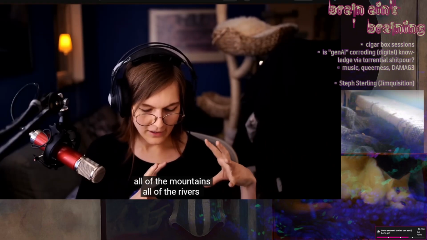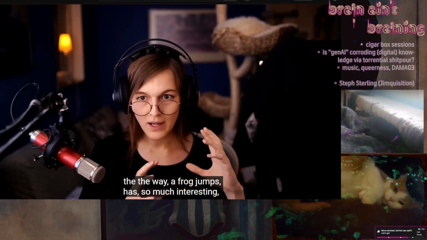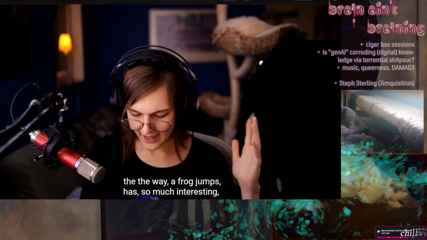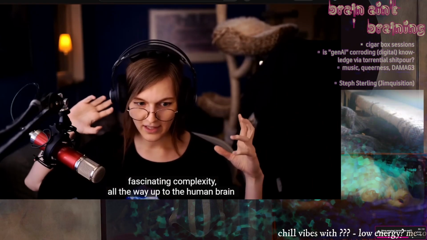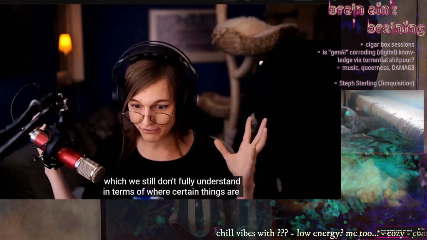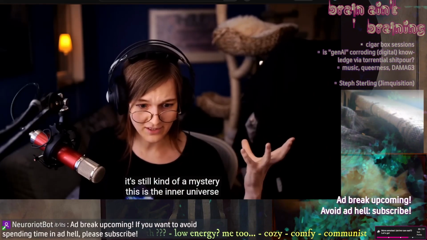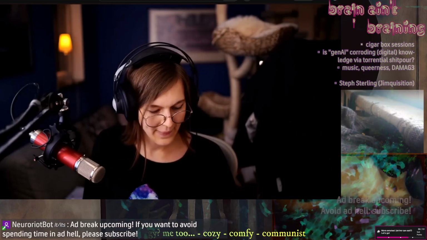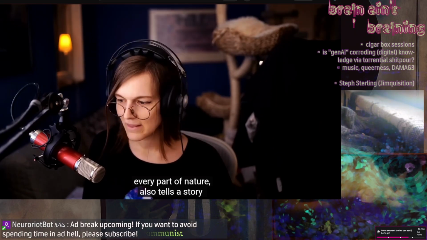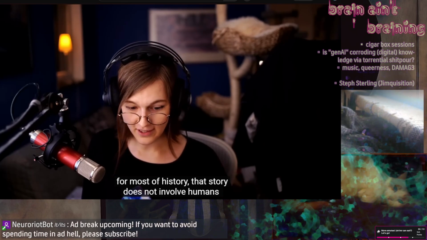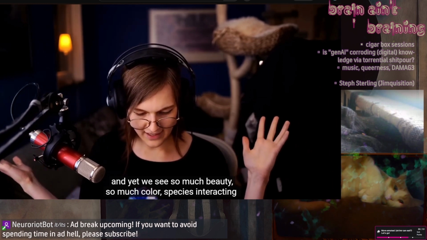And here, all of the mountains, all of the rivers, all of the animals, all of the ecosystems, the way a frog jumps has so much interesting, fascinating complexity, all the way up to the human brain, which we still don't fully understand in terms of where certain things are, right? It's still kind of a mystery. This is like the inner universe, right? Every part of nature also tells a story. For most of history, that story does not involve humans, and yet we see so much beauty, so much color, species interacting, and they're all